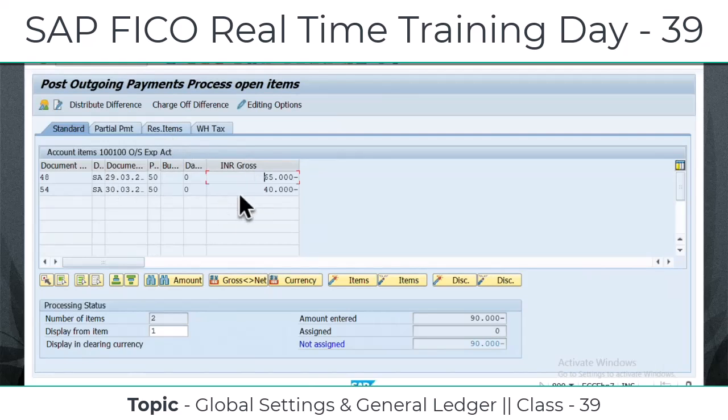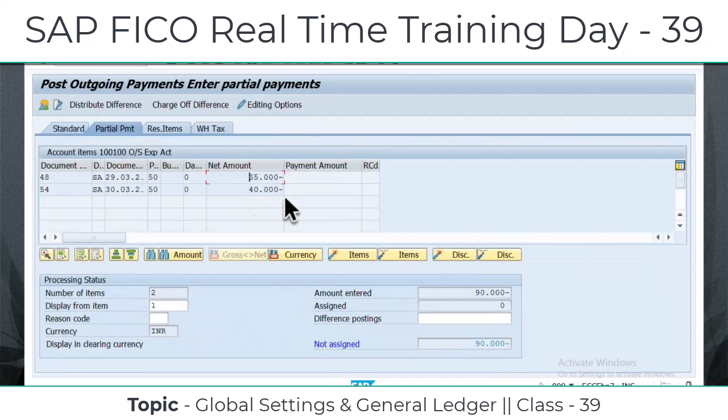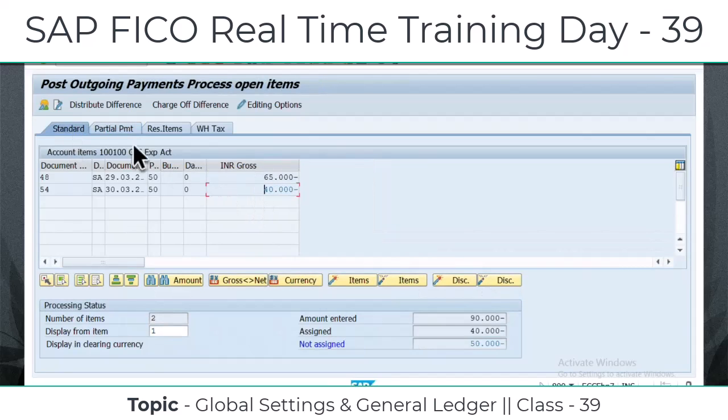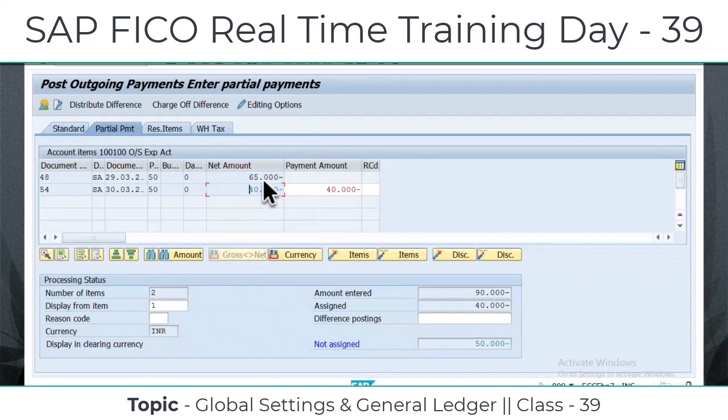In a single shot, one full and one half. See here, this is the problem. So in case you go to the partial method, this is not partial. Make it clear here, for example. Then go to partial and double click on it. See, the difference amount is there. Then double click on it. Like this you can also see here. In this case,